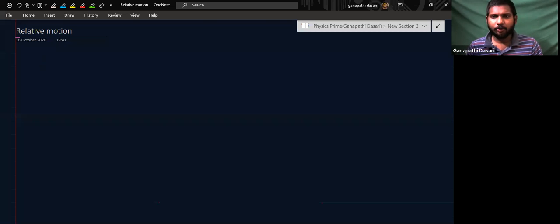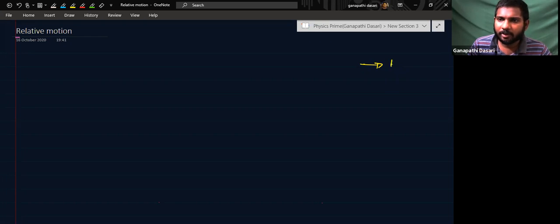Relative motion. Very important topic and a bit confusing to many of the students. Here, what are we going to study? We'll study about the fundamentals of relative motion,